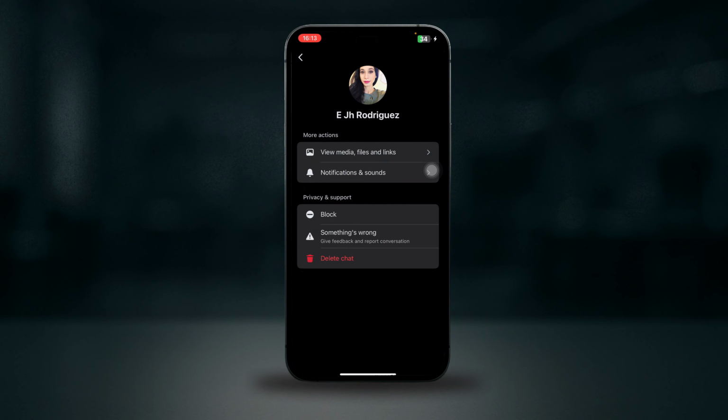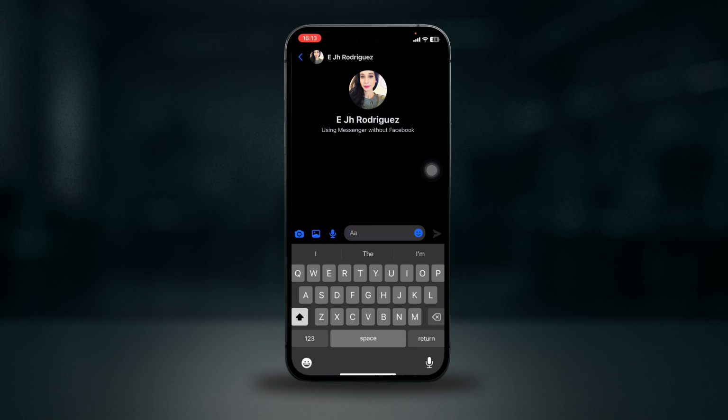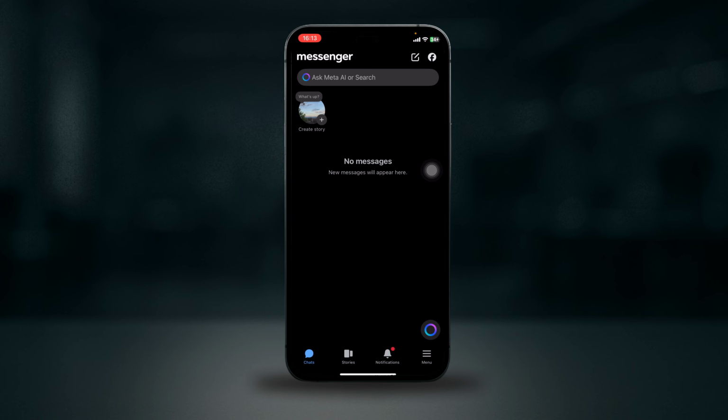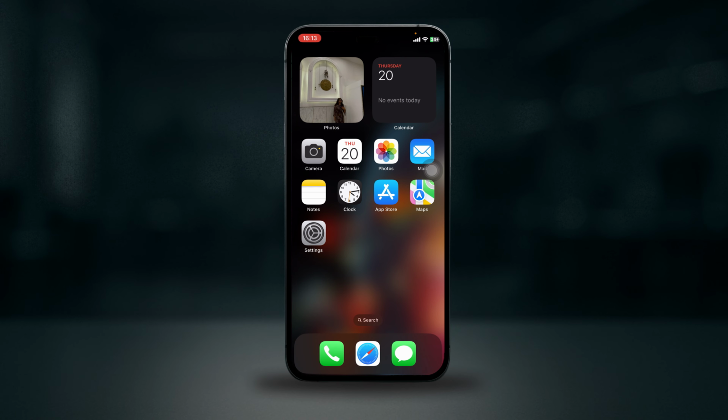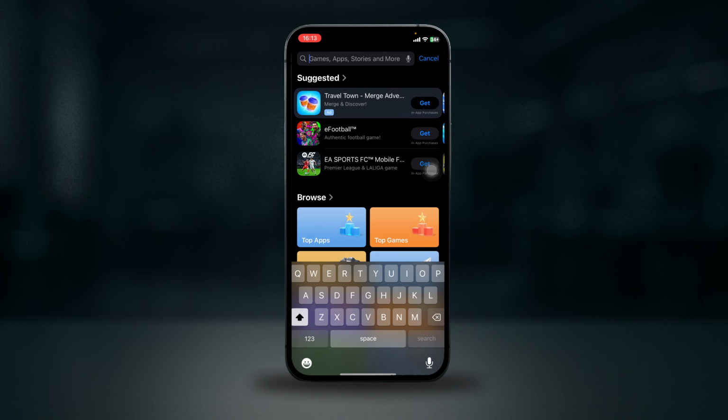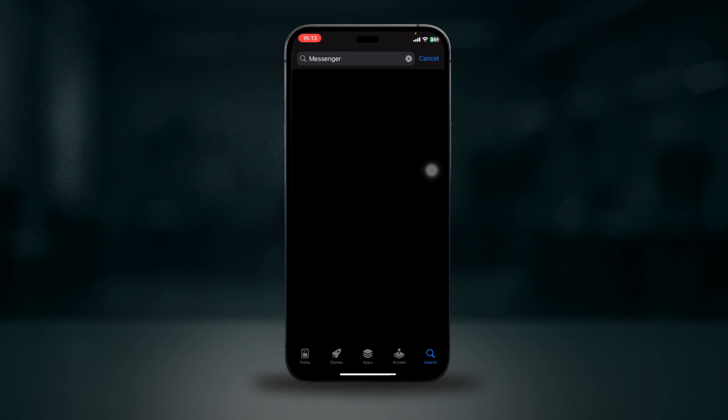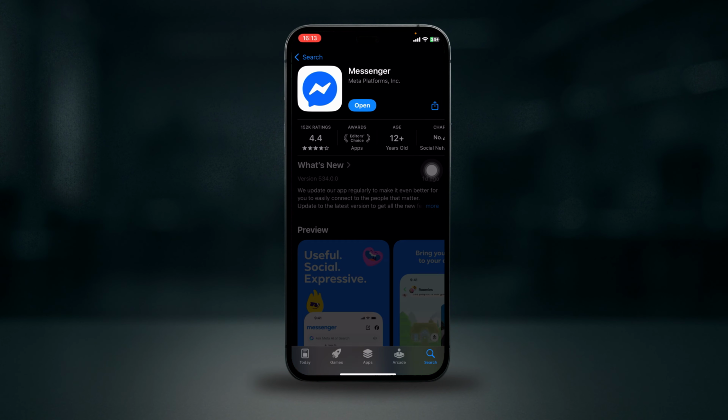Next, you're going to check if the account is activated. If it says that this account is not available, then that means they have either blocked you or they have deactivated your account. Next, go ahead and open your app store, search for Messenger, and then make sure you have